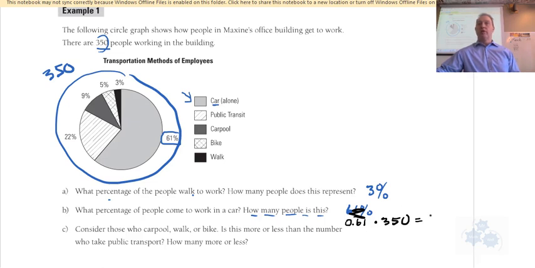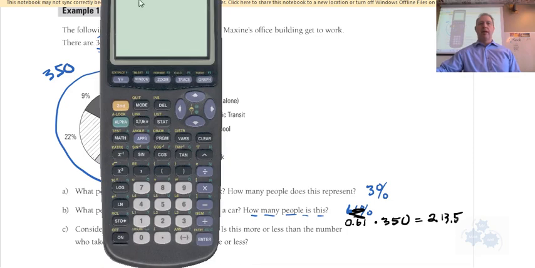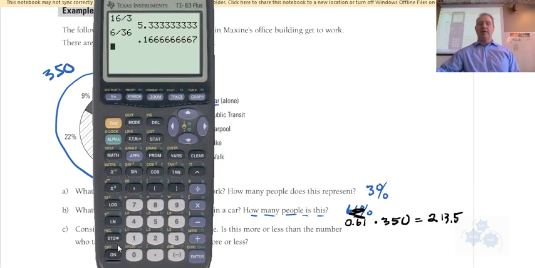Is it 230? 231? 213.5? Did someone say 213.5? Okay, I will do this on my calculator up here. So 0.61 times 350 equals